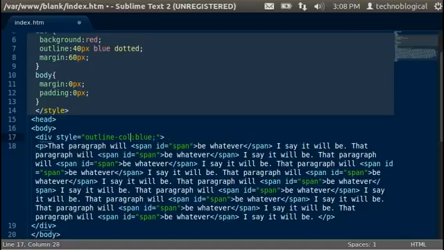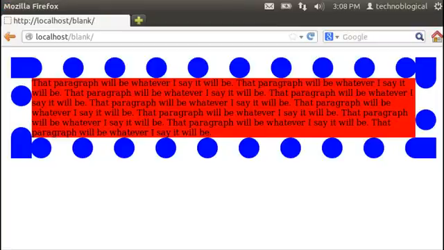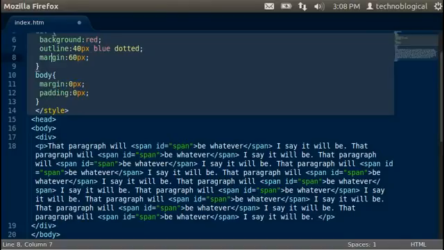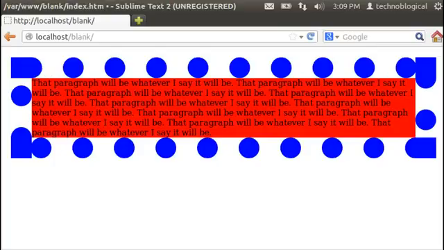So we've talked about outline-color, outline-width, outline-style, and just plain outline. Hopefully you've learned something from this video, and you'll get to use this at some point in the future. And we've talked about the difference between outlines and borders. And once again, just to show you that the outline extends beyond the div,